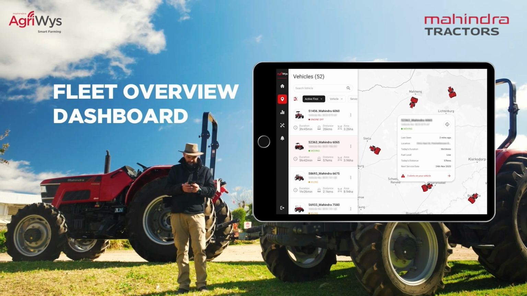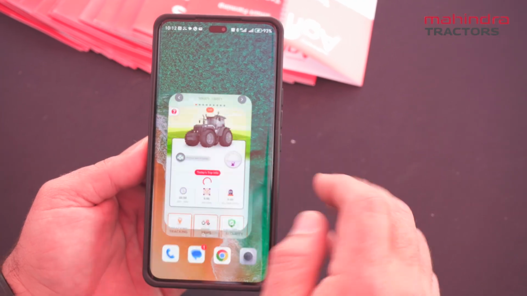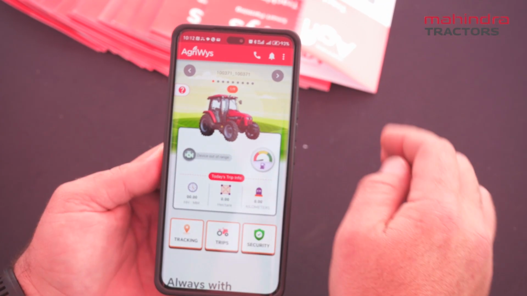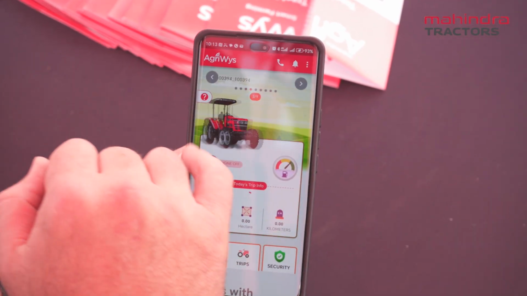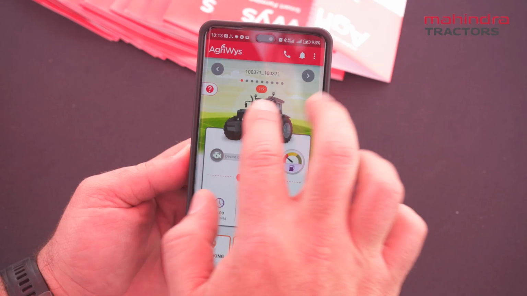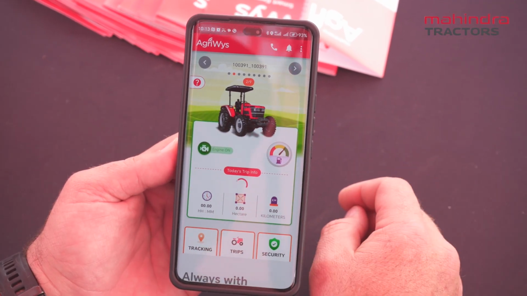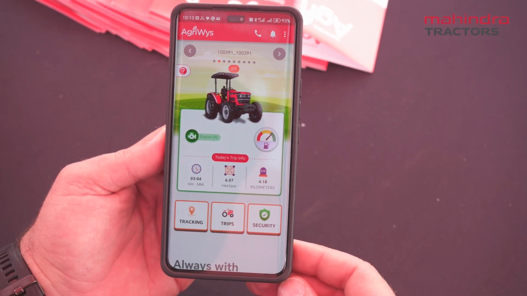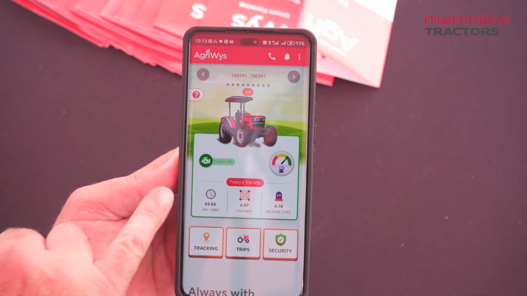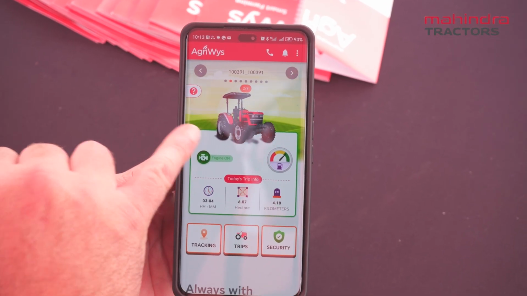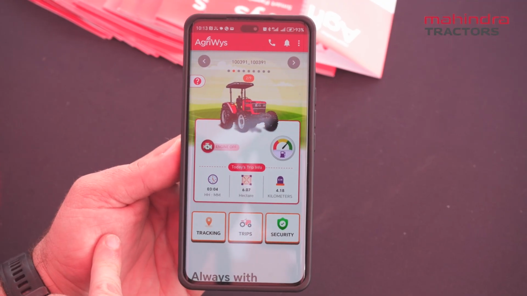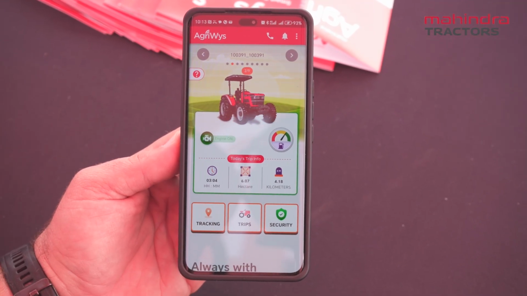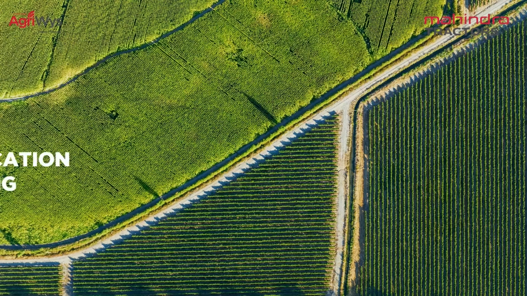So here's your Agriwise Android app. You have it on iOS as well. You'll open that and you'll have all your tractors displayed on here. So you can actually go ahead and name each of your tractors. So we'll just choose one to show you exactly how it works. Here it will show you the hours your tractor has been working for the day, the engine is running, your fuel level, how much hectares it did, and the amount of kilometers it actually drove for the day.